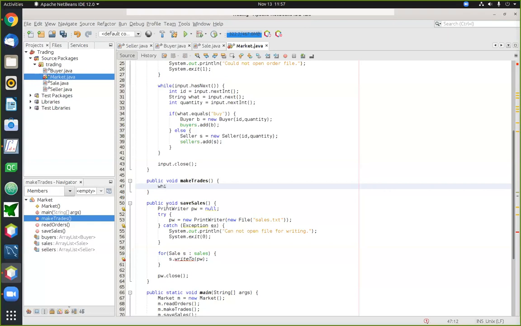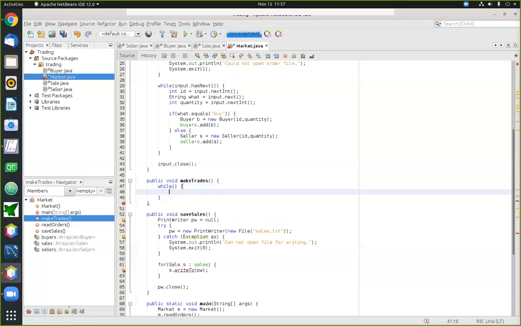Right? So let's imagine setting up a while loop here. And the purpose of this while loop is to keep trying to match buyers and sellers until we've gone through everybody who wants to do a trade. All right, so let's set up a while loop with some sort of a test here. And then on each round through the while loop, I'll go ahead and type a quick comment of what I'm trying to do here. On each round, what I'm going to try to do is bring together